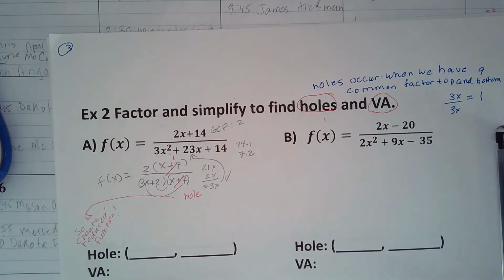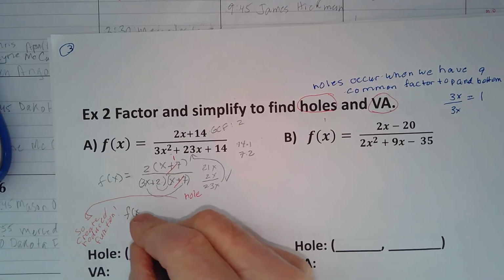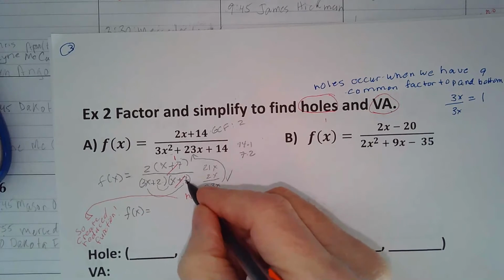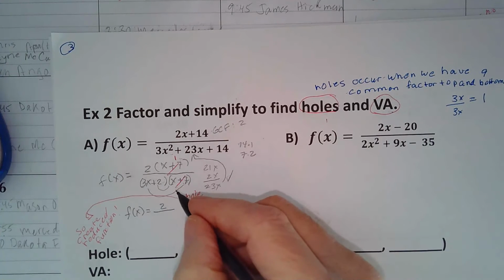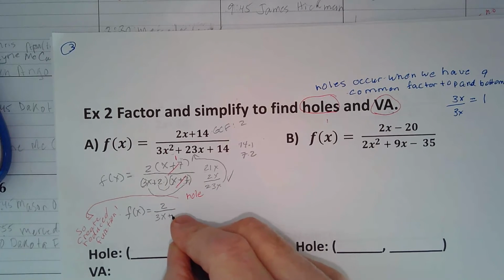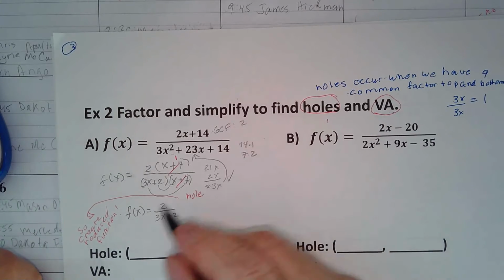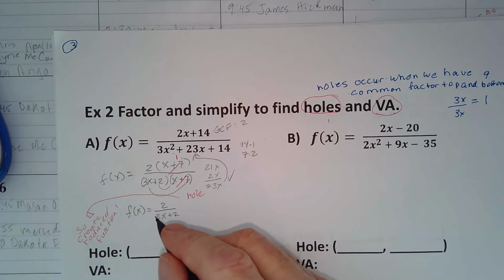So the reduced function would be f of x equals, this stuff goes away, so in the numerator I'm left with 2, and in the denominator I'm left with 3x plus 2. So the hole dropped out, and this is what you're left with, okay? So now your new hole function,